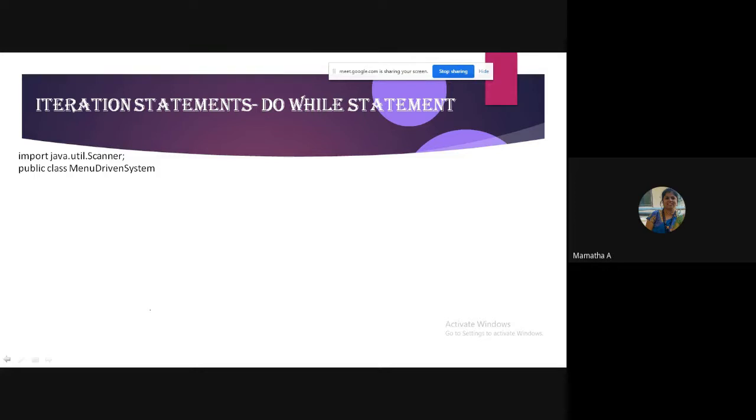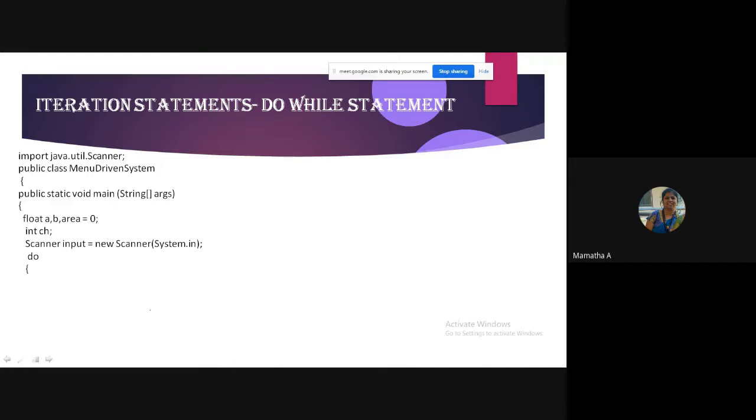I should keep on repeating the menu. Okay, menu driven programs it is called as. Just look at the program which I'm displaying. I'm giving you only the partial code. I want you people to write the complete code for this.